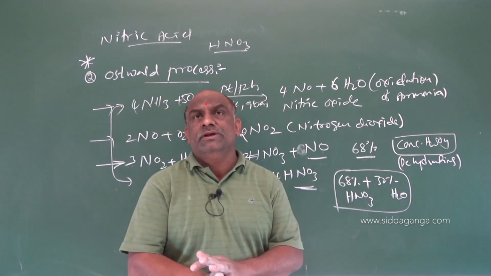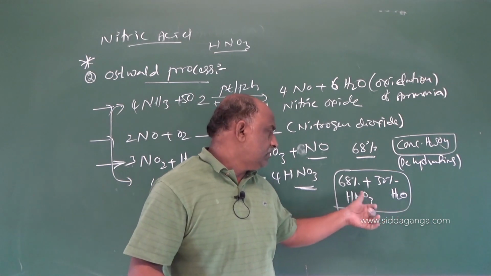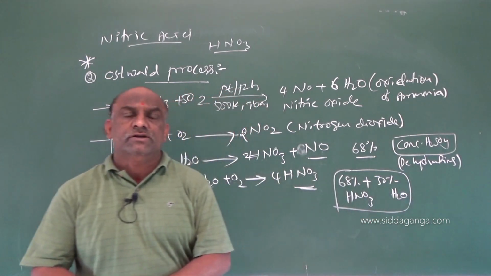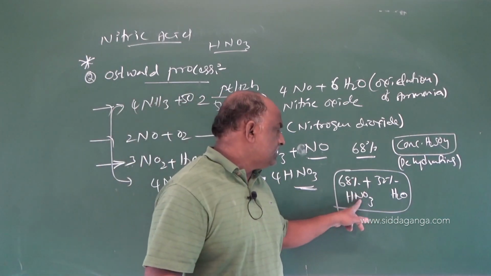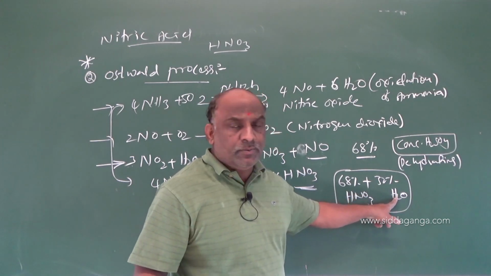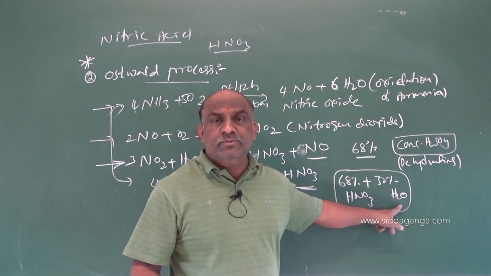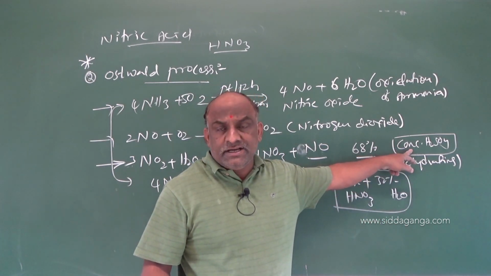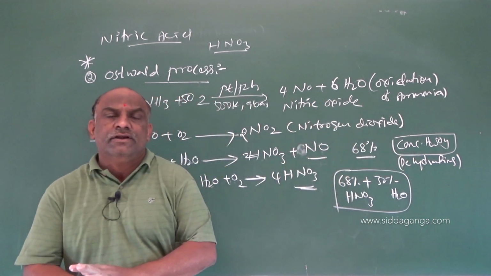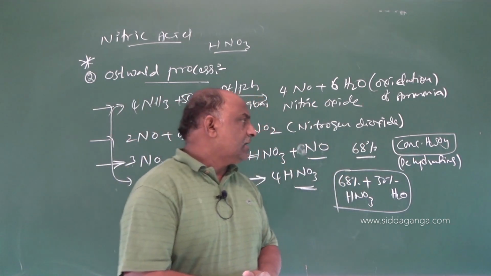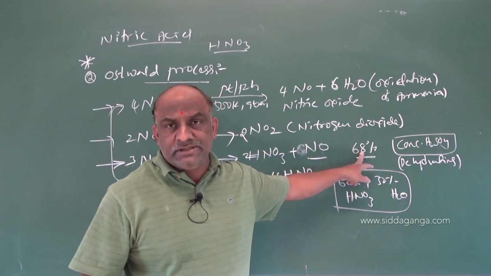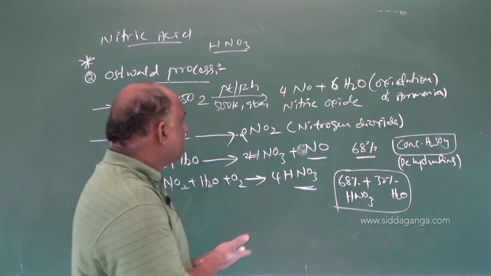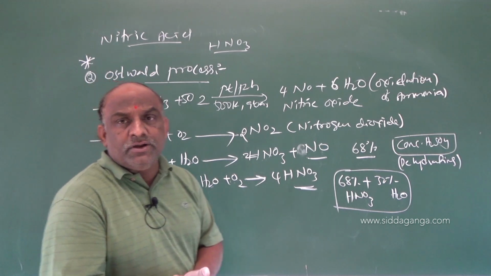Azeotrope, you already know from solutions. What is an azeotrope? Azeotrope means constant boiling point mixtures. Constant boiling point mixtures are called azeotropes. So 68% nitric acid and 32% water is said to be an azeotrope, a maximum boiling azeotrope. The dehydrating agent in this example is concentrated H2SO4. In the laboratory, the dehydrating agent we can use is P4O10, phosphorus pentoxide. The concentration of nitric acid in this reaction is 68%, so under distillation the concentration will increase. So this is the process regarding nitric acid, molecular formula HNO3.